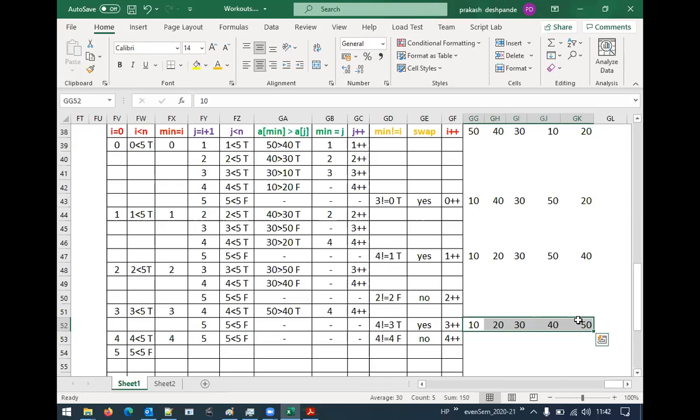Secondly, if the elements are sorted, then if I want to search something, we know 2 different techniques for searching. What are those? Sequential search and binary search. Which one is effective? Binary search is effective. When can we use binary search? If the elements are in ascending order. So if we keep the numbers in ascending order, then we can search very easily by applying binary search technique. Understood?